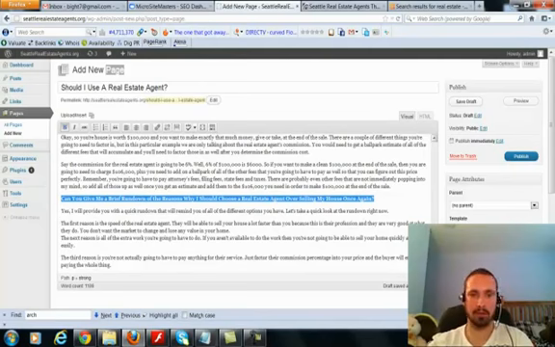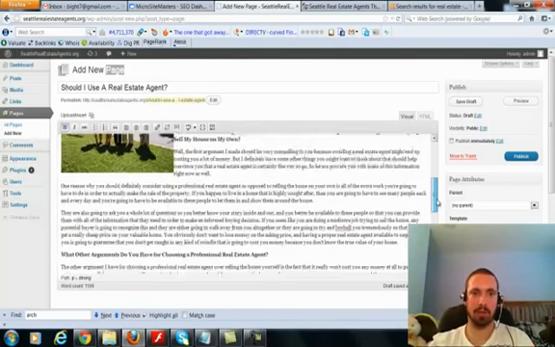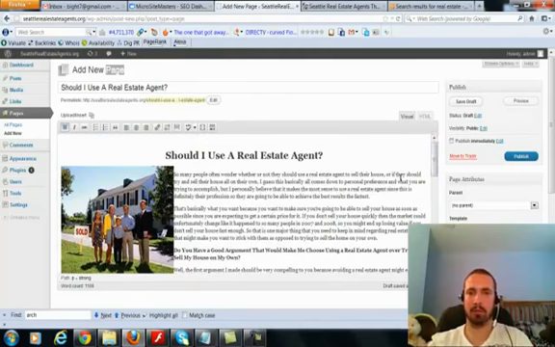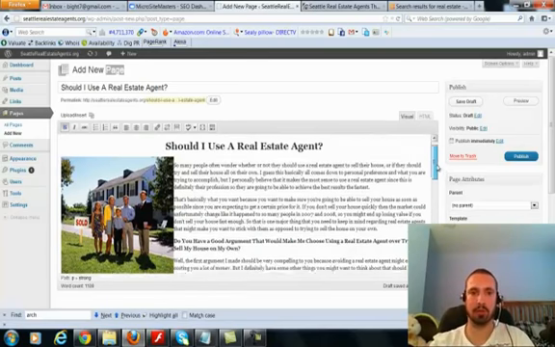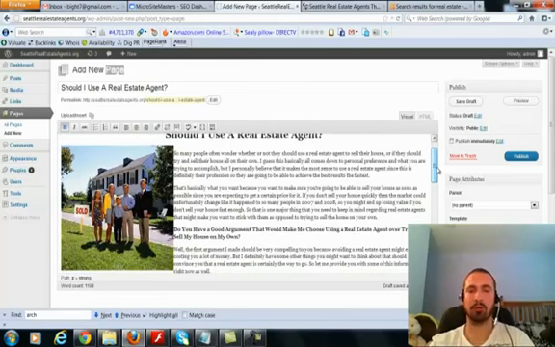What I mean is that you don't want a bunch of whole paragraphs, all the same kind of text, with no bolding and no numbered stuff. You want to have numbered stuff and bolding because it's easier to read, and search engines like that stuff. So just make sure you guys do that, or tell your writer to do that if you're not writing yourself.